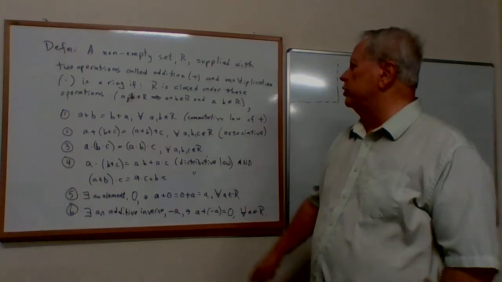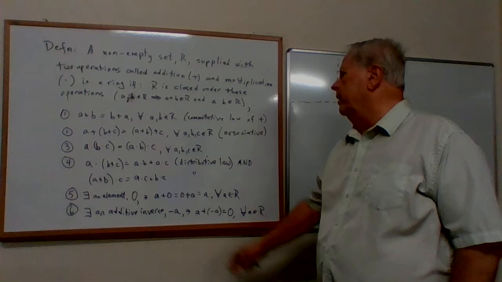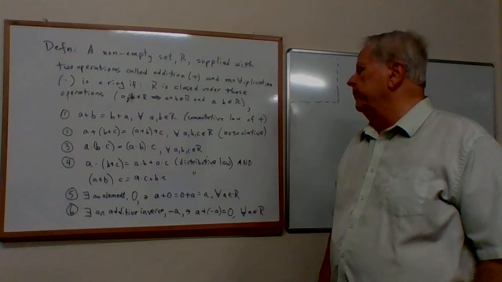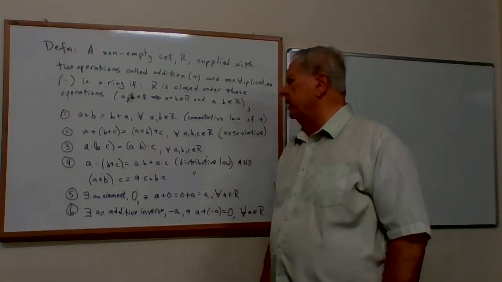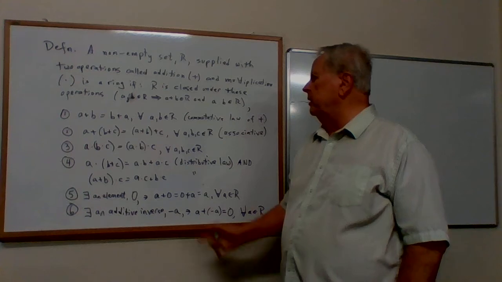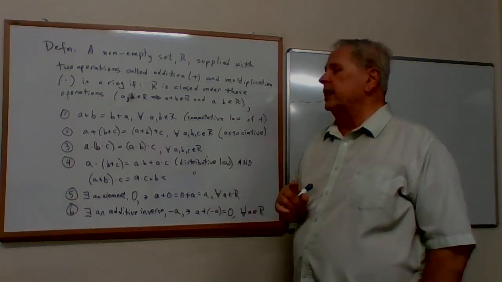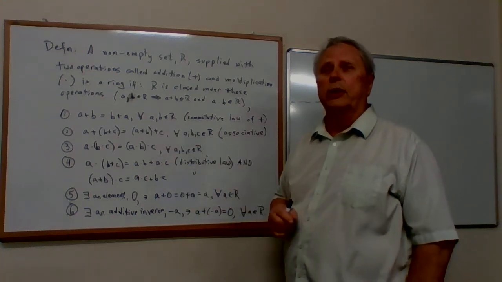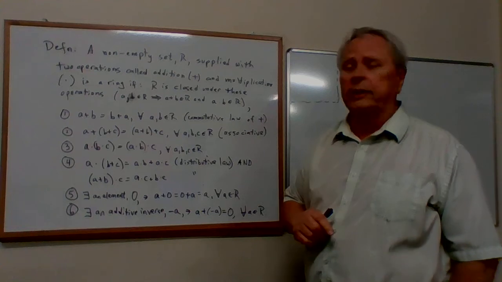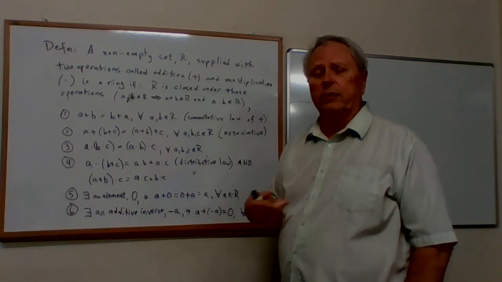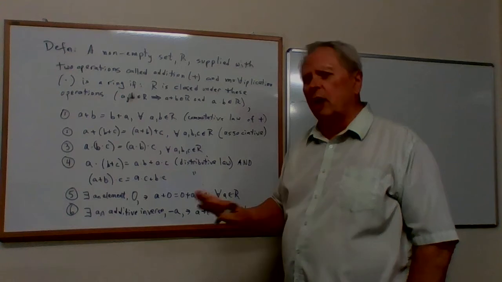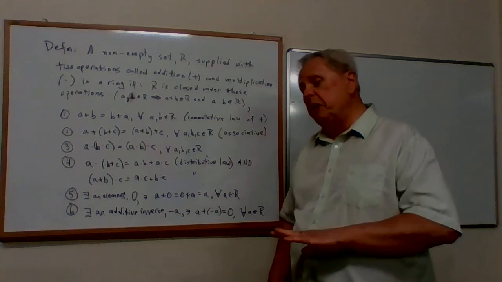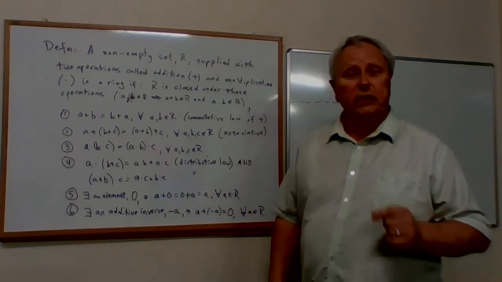If you take the set of all integers, certainly addition is commutative and associative. There's a multiplication, it's associative. The distributive law, both of these work, but actually with the integers, because multiplication is also commutative. Notice that I didn't put the commutative law of multiplication in here because not all rings are commutative rings. Commutativity meaning the multiplication. Addition is always commutative, always, always, always. But multiplication, maybe yes, maybe no. With the integers, multiplication is commutative.